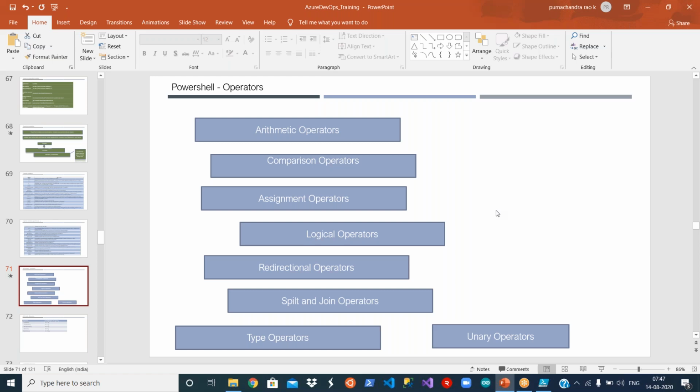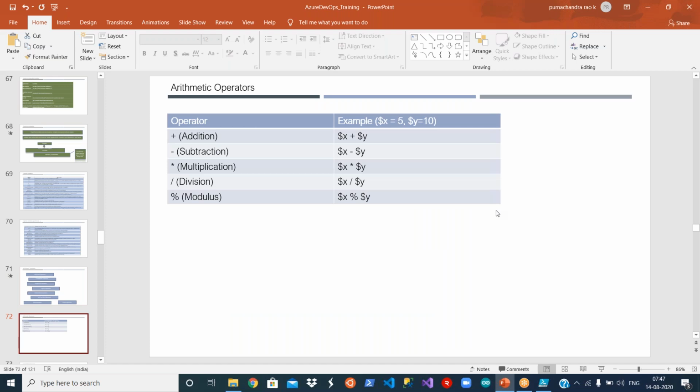So PowerShell also supports all these operators. So arithmetic, comparison, assignment, equal is nothing but equal, not equal, etc. Logical operators like and, or, not. Okay. So as long as you know these operators, you will be able to write your logic. Okay, that's the idea. I kept it here. And again, these are very easy to use. If you take arithmetic operators, again, these are the regular plus, minus, asterisk only.